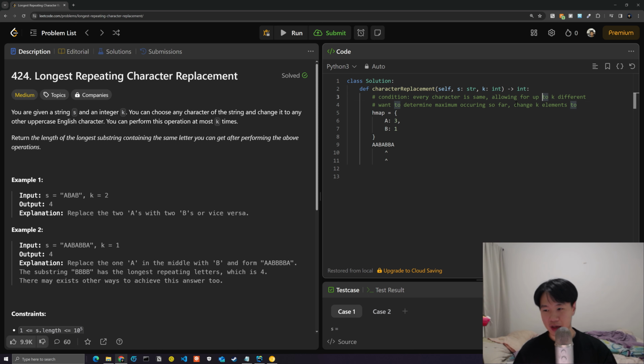Since we know the condition is allowing up to k elements, you want to see if basically the position of the end window minus the start window. So let's say in this case, we have 5 minus 1. We want to see if right minus left is the same or greater than k. If it's greater than k, that means the condition is broken and we have to begin moving the left pointer forward until it works again. Because once it exceeds k amount,